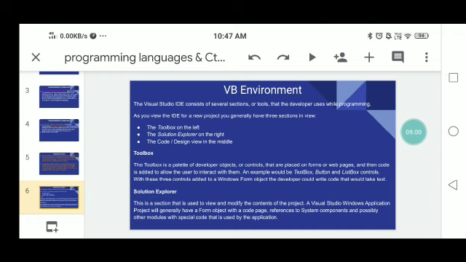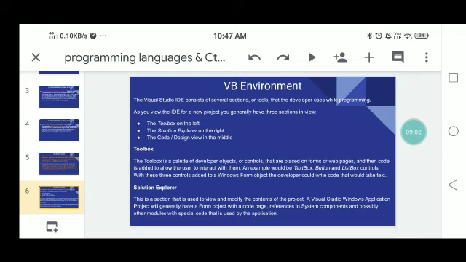Next, why is it a toolbox? This is the toolbox. It is a palette of developer objects. It has the components or controls of VB that are placed on the form or web pages, and then coding is added to allow the user to interact with them. So it has particular coding inside of this object. When you click on that,